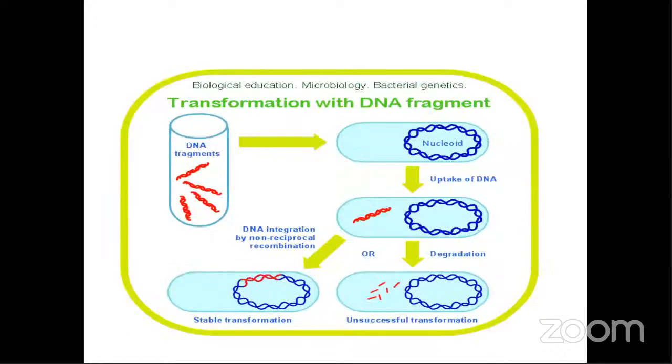So look at this. The environment could be the soil, it could be the river, it could be anywhere. But again, it could be artificial in the lab. So let's assume that this tube that you are seeing here right now is an artificial one, or maybe it's a river. You have different DNA fragments of different organisms here.